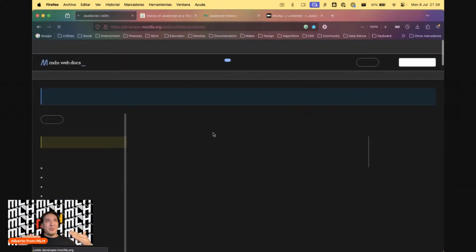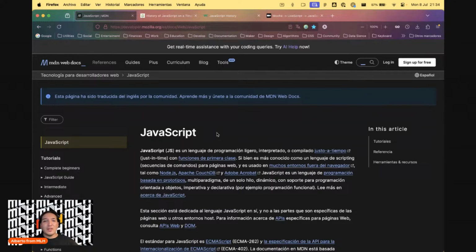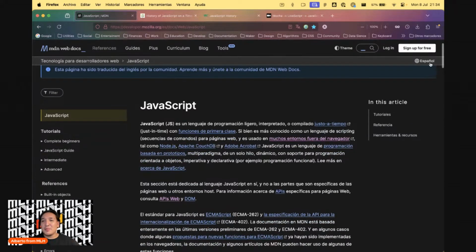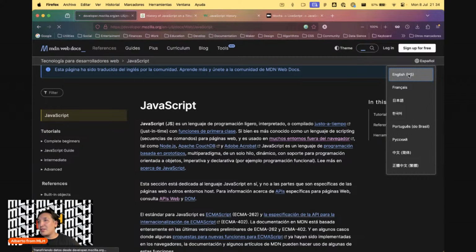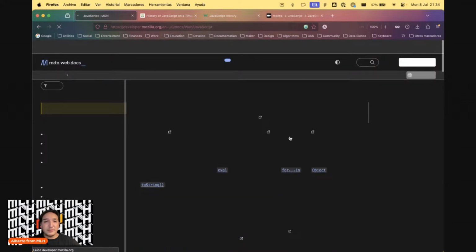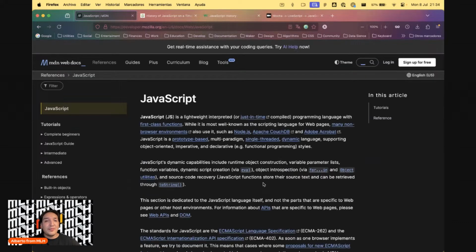Let's break down what this says. JavaScript, let me put this in English. JavaScript is a lightweight interpreted or just-in-time compiled language. That's very funny, and we're going to cover the difference between an interpreted language and a just-in-time compiled one in part 3 of this series. But think of this: